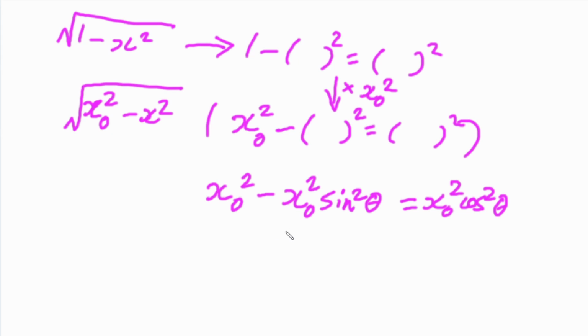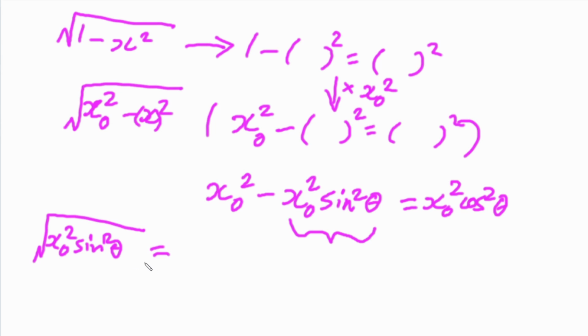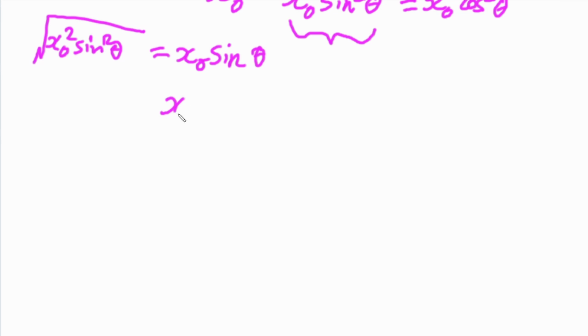So what do we make x to make x0 squared sine squared theta? Well, the square root of this is the square root of x0 squared times the square root of sine squared theta. Or in other words, because it's two unique factors that have been squared, you can take the square root of both of them to find that this is x0 sine theta. So that ends up being our trig substitution, because we want this x squared to become x0 squared sine squared theta. So let's let x be equal to